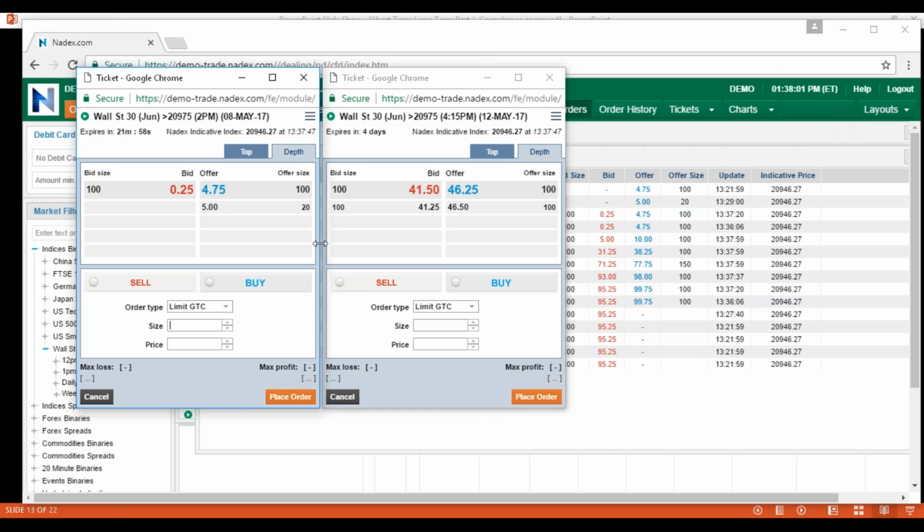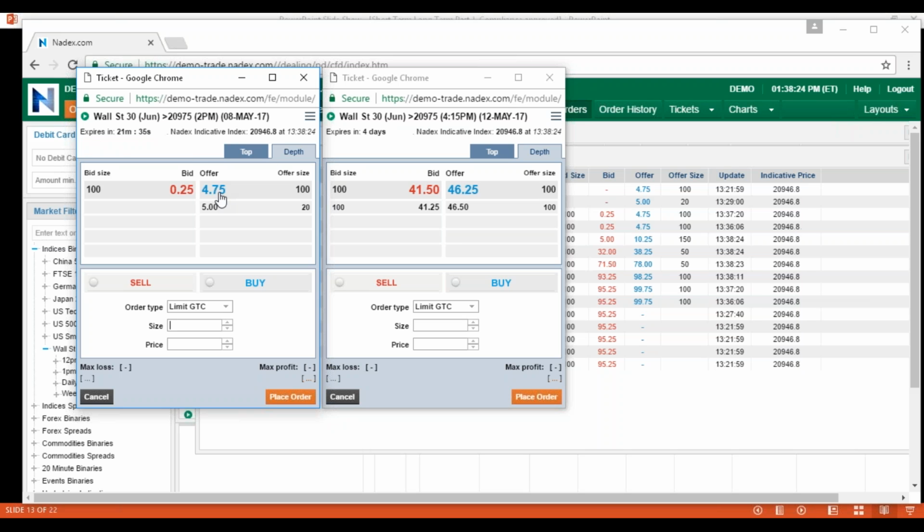What's the difference? It's the same instrument, Wall Street 30. It's the same strike, but look at the difference in price. What is the difference? It's time, Frank, exactly. It's simply time. Okay, because the weekly,